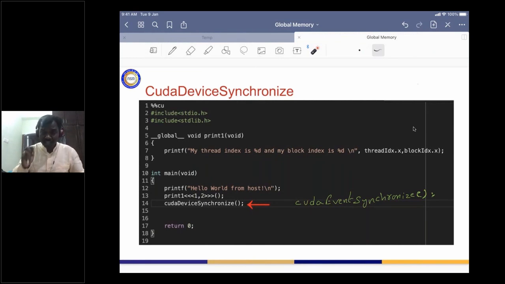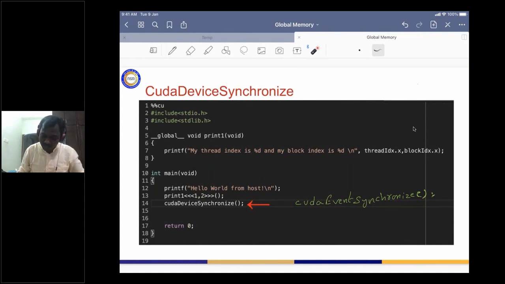When you are measuring the running time, we have passed a variable called the stop record event. CUDA device synchronize is a powerful synchronization mechanism which tells us to wait till all kernel functions are finished, whereas CUDA event synchronize tells us that you don't have to wait till all kernel functions are finished, but just wait till the stop event record is over.